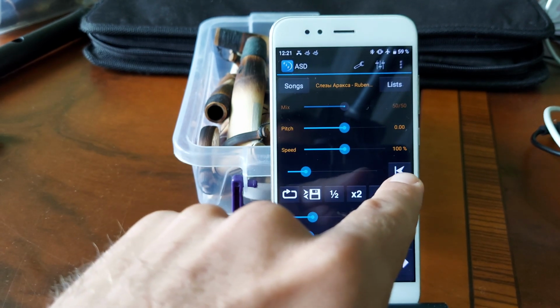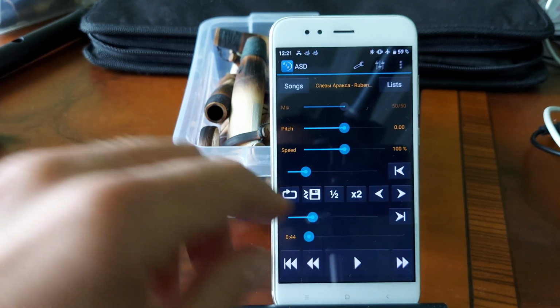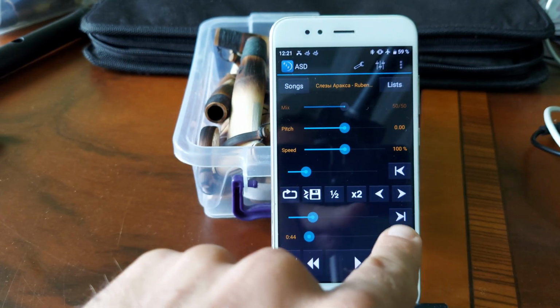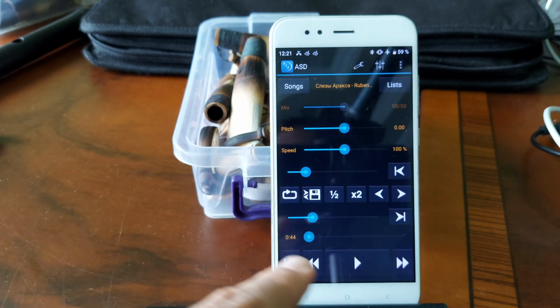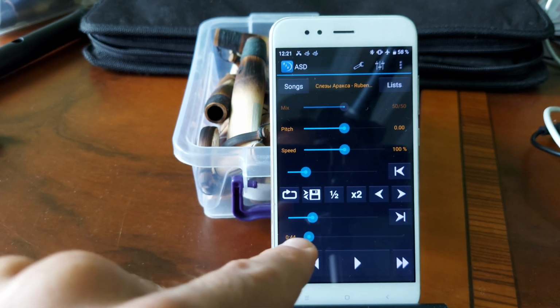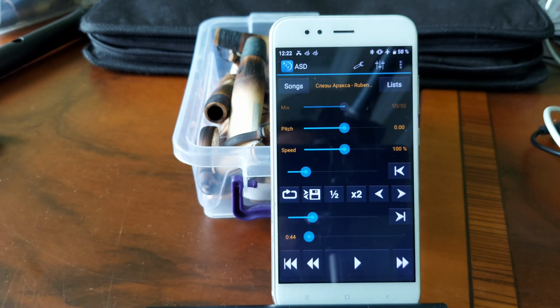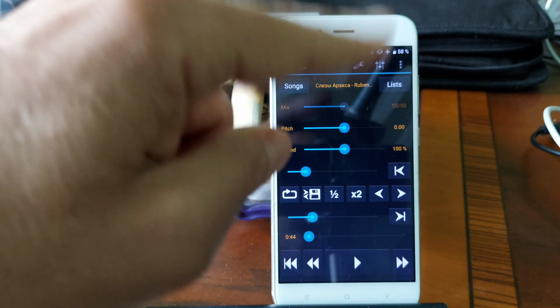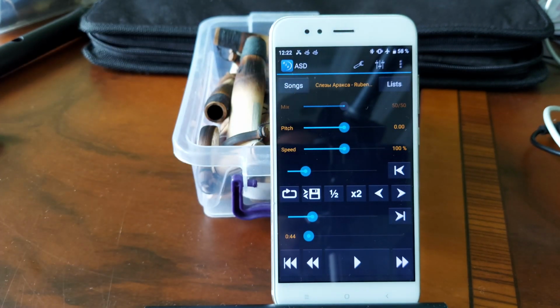This is the starting point of the loop. You choose this one when you want to start the loop, and this is the end of the loop. And the looping happens automatically. So you need only to press the play button here, and this is the duration of the whole composition. Very, very simple program, very simple. I will not show you all the functions because these are the most important ones which I have shown you right now. I think it's enough for now.